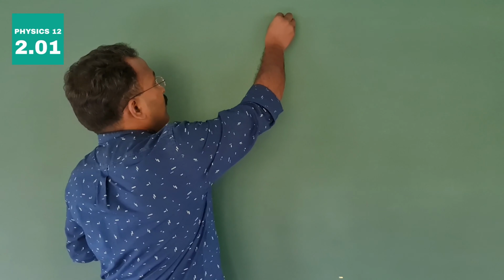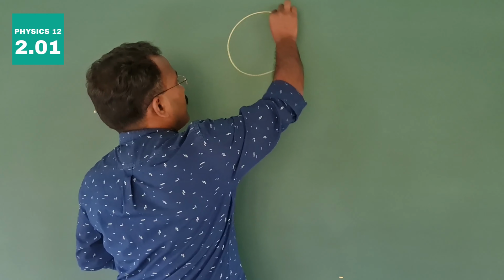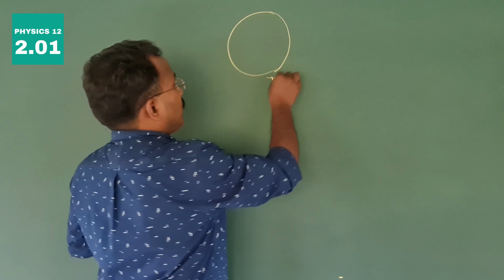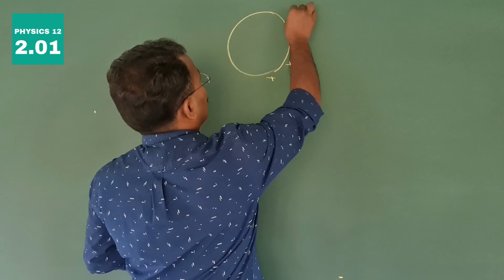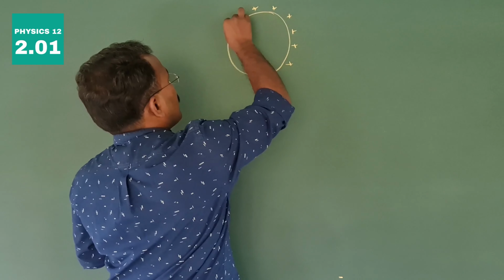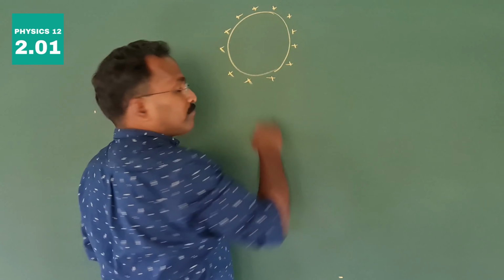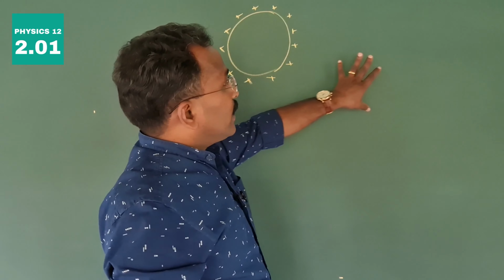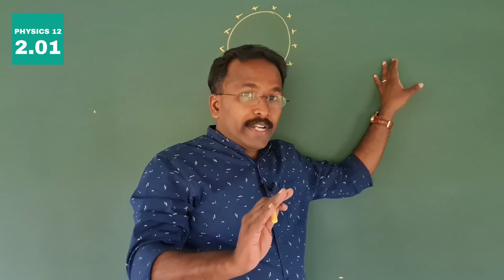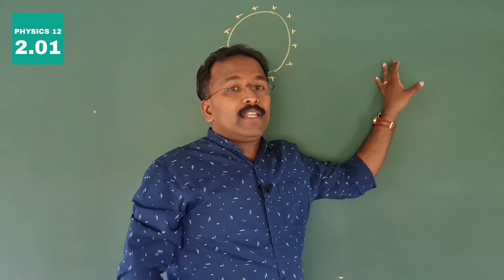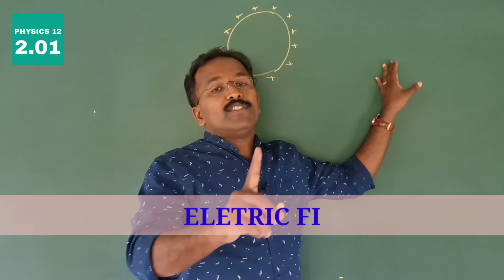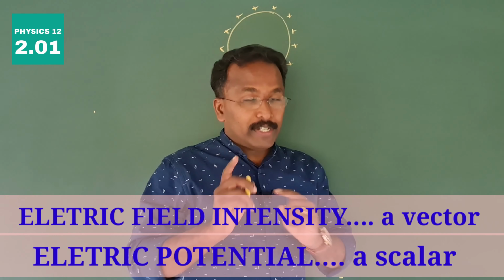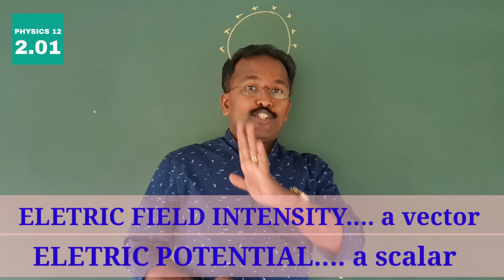Okay, you have learned how to make electric field. You have a copper ball. Give positive charge to that. Remember, giving positive charge means picking electrons. There is electric field around it. For describing the strength of the electric field, we already have a vector quantity, electric field intensity. Now we are learning one more quantity. That's a scalar quantity, electric potential.